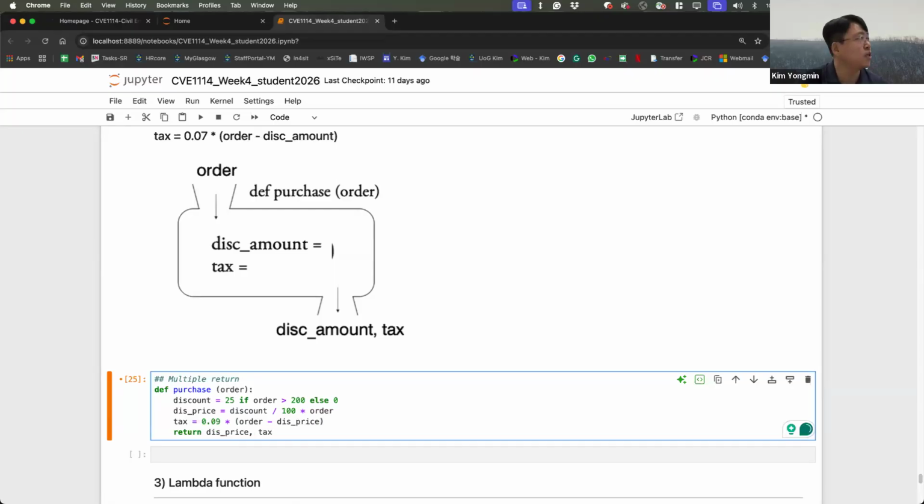But for tax, we need to round up. This tax is here. Discount price is here. And then we use a conditional expression: discount equals 25% if order is more than 200. And then this whole chunk is the purchase function.